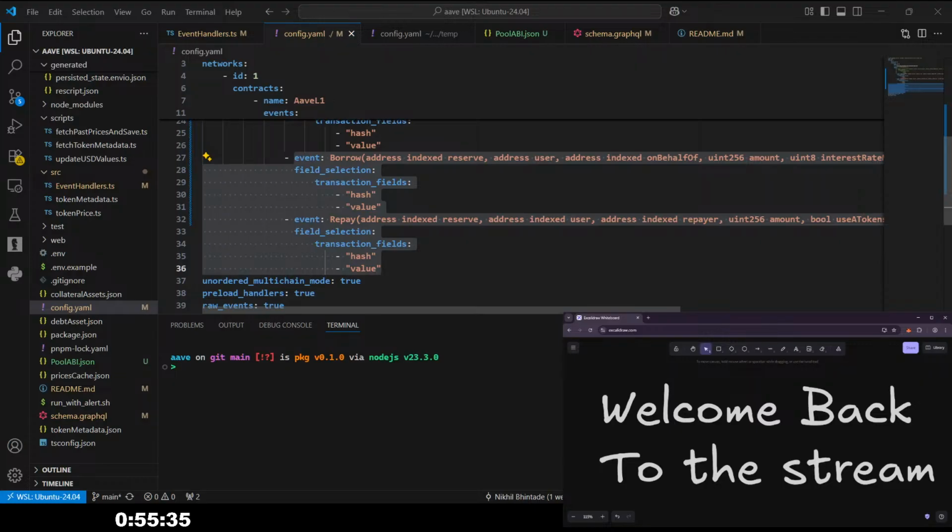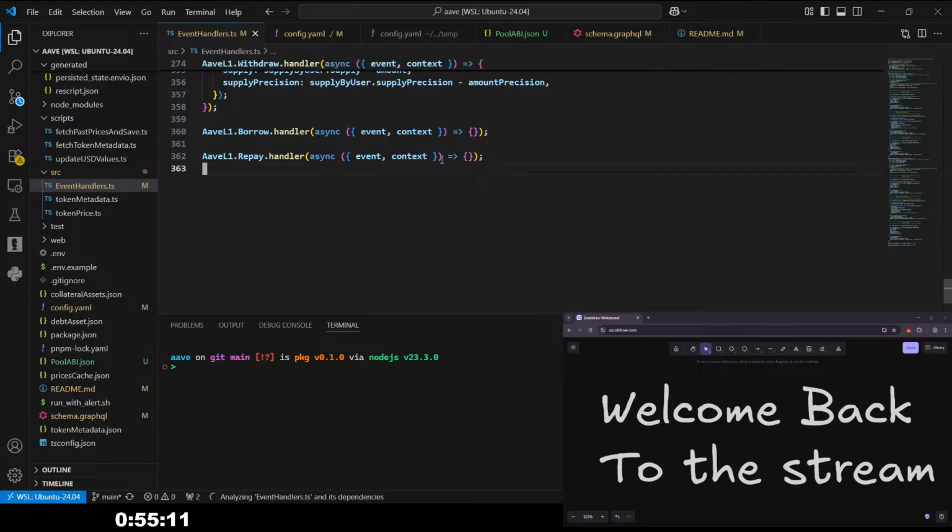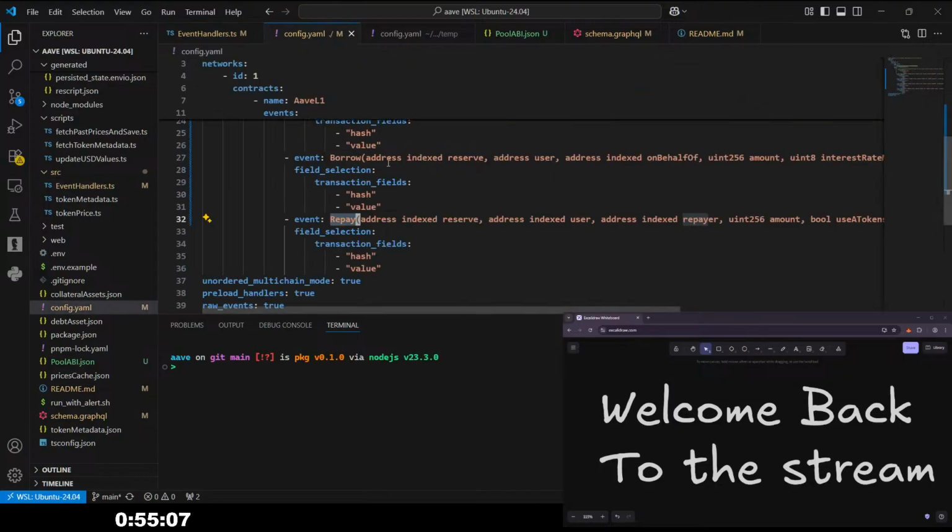So, in today's stream we want to write the handlers for these two events, borrow and repay. But the current issue is that we don't know. Okay, ignore the current issue. Right now, what we will do is we'll just take